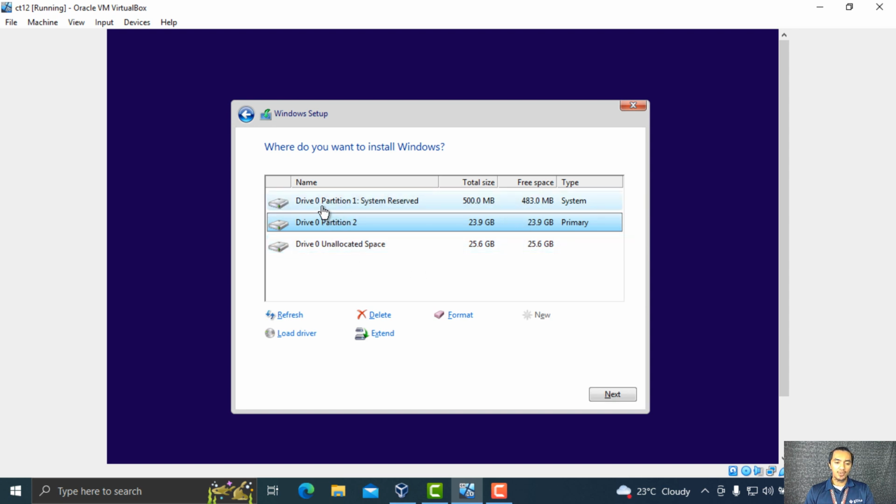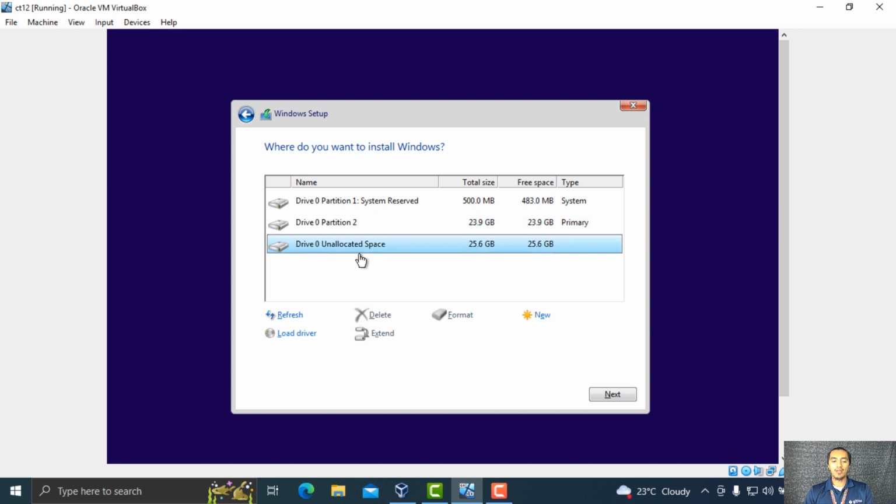Okay? So this partition 1 is a system reserve, so you just leave it like that. Okay? And then in this partition 2, you have the primary. But as you notice, you have an unallocated space, meaning to say it is not yet used or it is not yet created. So we are going to create this one so that after the installation you can use this part of your